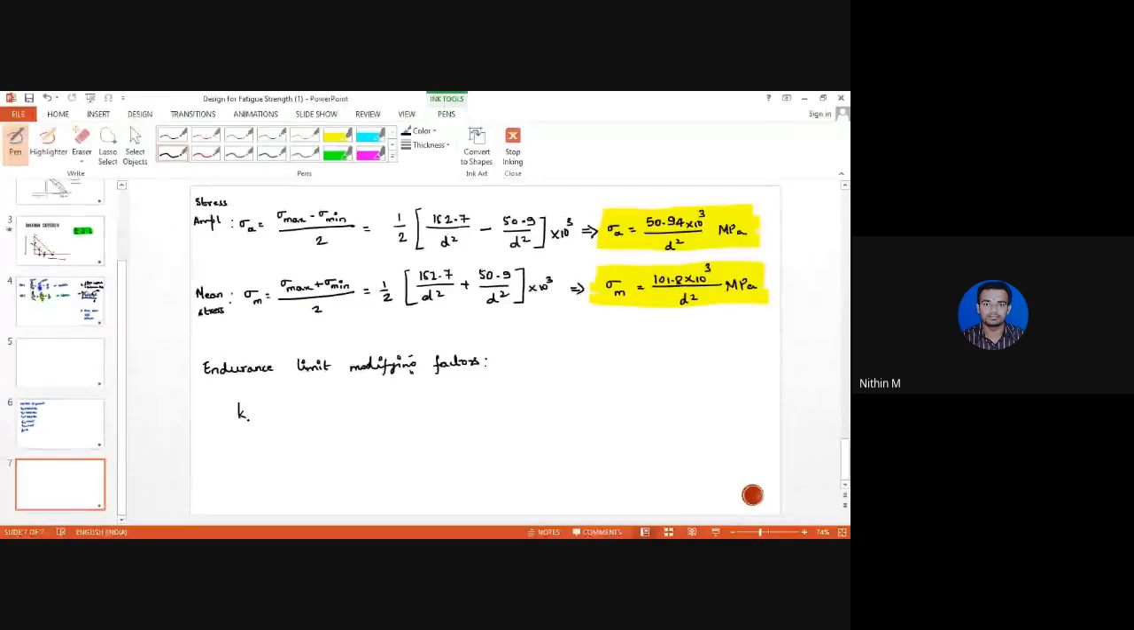Let us use K SZ for size factor, K SR for surface factor, and KL for load factor. So let us use this notation. What is KSZ? If you refer to equation 5.19d, what have they done? They have given the values of,